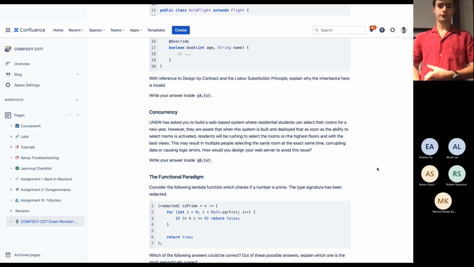Causing data or logic errors, corrupting data or causing logic errors. How would you design your web server to avoid this issue? This question, I remember when we ran it in the exam, people sort of,